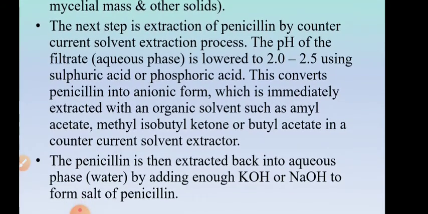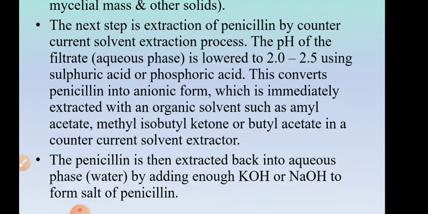The next step is extraction of penicillin by the countercurrent solvent extraction process. For that, the pH of the aqueous filtrate is lowered by adding sulfuric acid or phosphoric acid. The pH is lowered to 2 to 2.5. Okay, so the aqueous filtrate is mixed with sulfuric acid to reduce the pH to 2 to 2.5. This converts penicillin into anionic form. This anionic aqueous penicillin is immediately extracted into